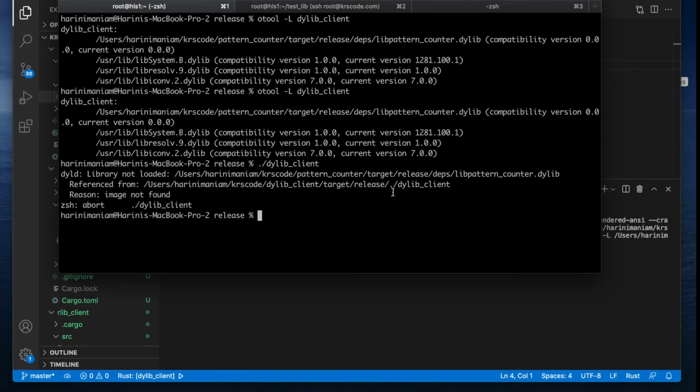So now what we can do in addition to that is, we can offer certain relative paths as a flag during the time of creating this dylib client, and that is what we are going to do now. Okay, and before this, we will try to do the same activity for our Linux